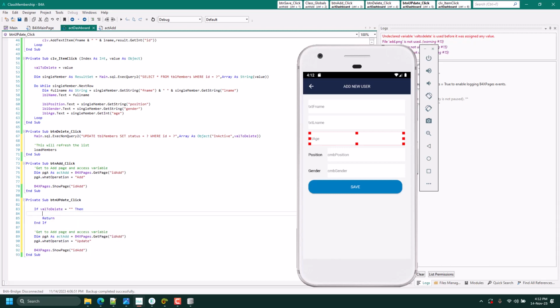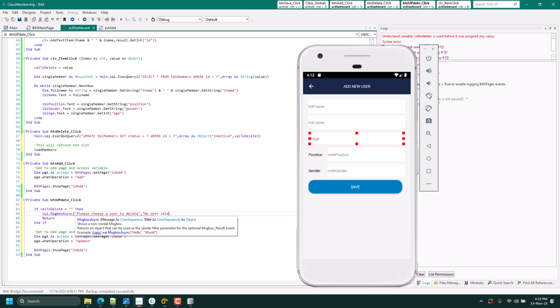That means no user is selected, so you can give a message, UI.MessageBoxAsync: Please choose a user to delete, right?